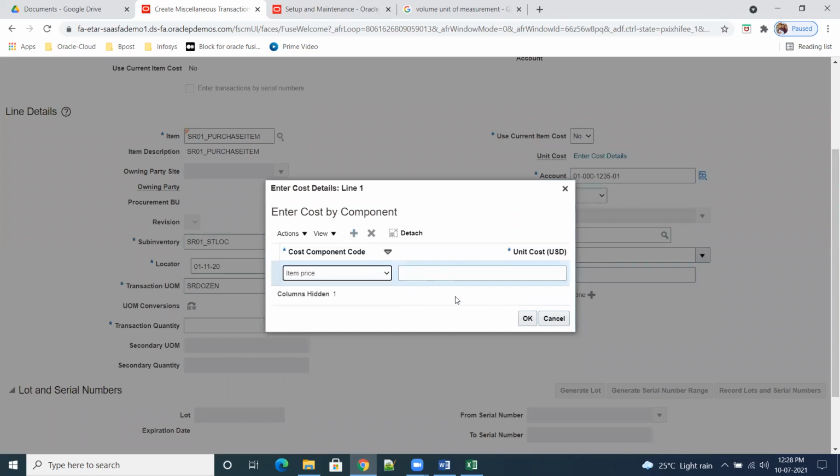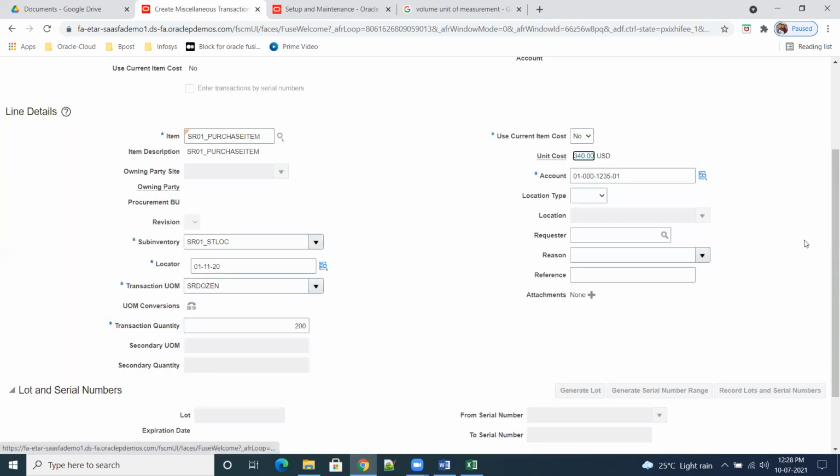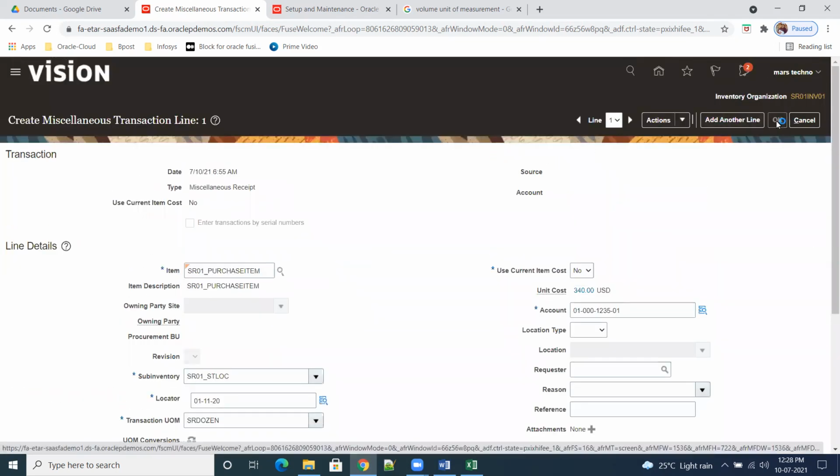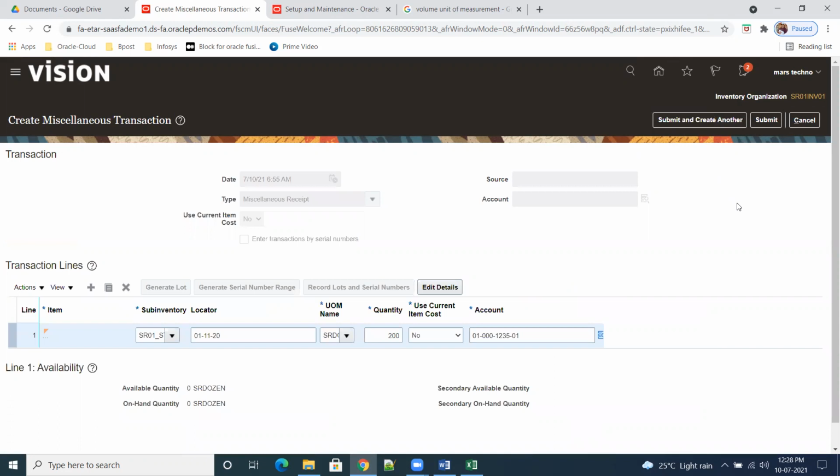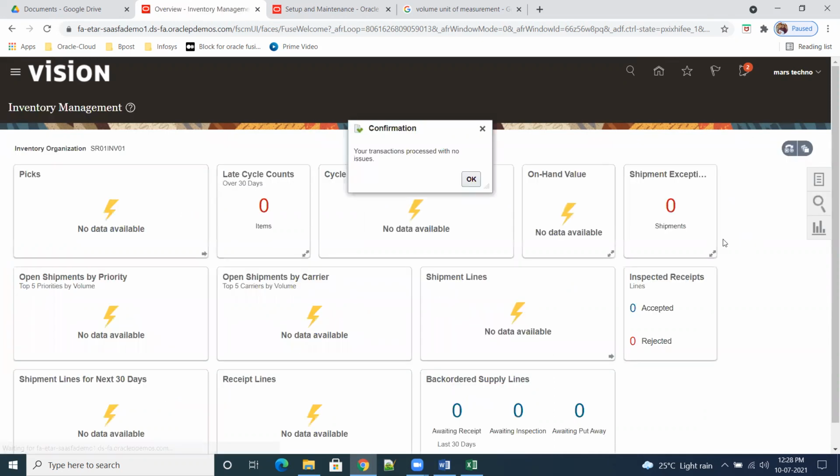We have a lot of costing topics; we'll see what a cost component is and how many cost components you can bring. I just gave $340. Click on OK and then submit it. So this way we need to add the on-hand quantities.